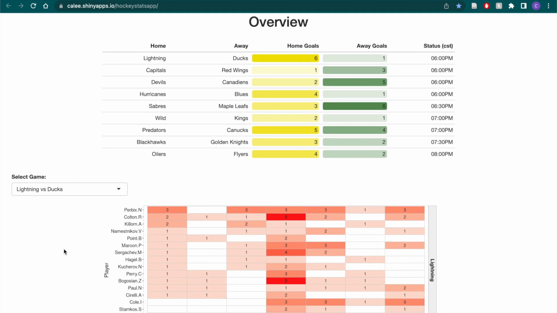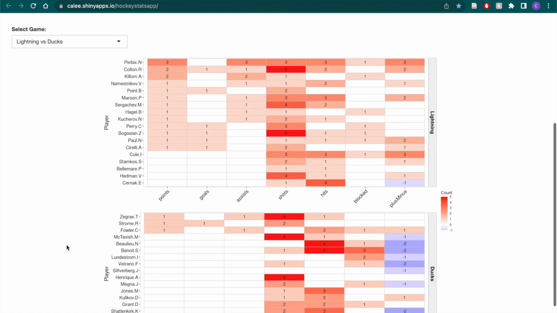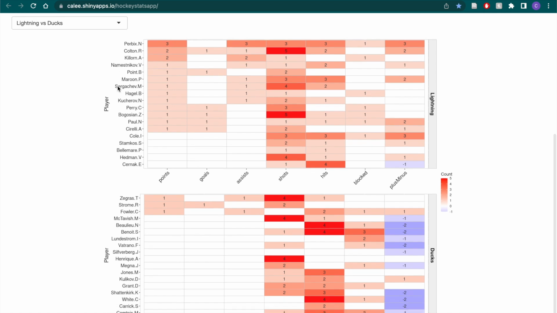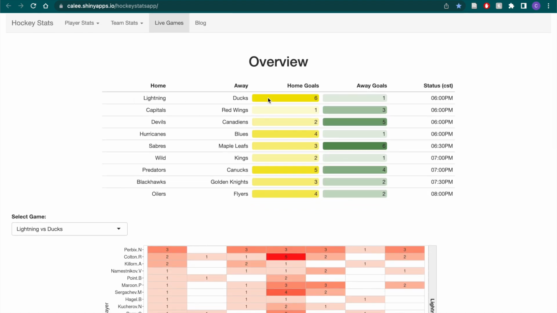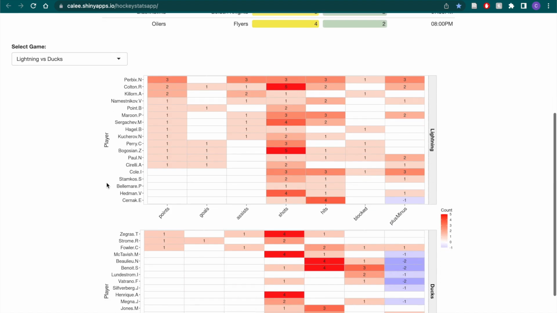And so if we take a look here at the bottom, this shows a heat map for each of the different skaters for the different teams. So the Lightning here, and then the Ducks on the bottom. And so this corresponds to that top row here. And so we see the points, goals, assists, shots, hits, blocked shots, and plus minus rating for each of